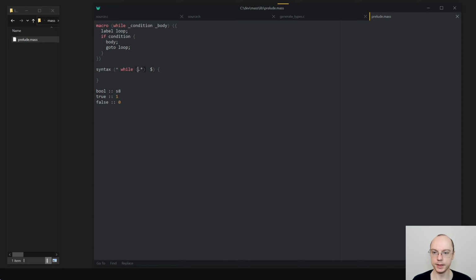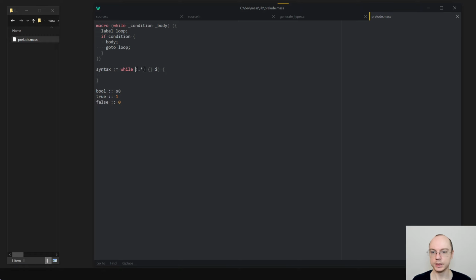Because on one hand, I need to say that this is a captured group, and I will need to somehow receive it as an argument. At the same time, I need to be able to say that I want explicitly either round braces with something, or I want curly braces with something. And I think what might work here is to just say like this. So if I don't have anything inside, then this would be curly braces.